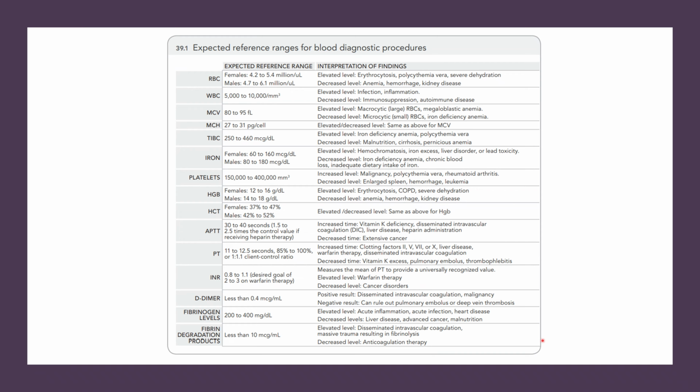So let's get into the details of those important hematological diagnostic procedures, starting with blood components and their normal ranges. In this image, it says 39.1, but this is from ATI Med-Surg related to this chapter. And this is nice to have